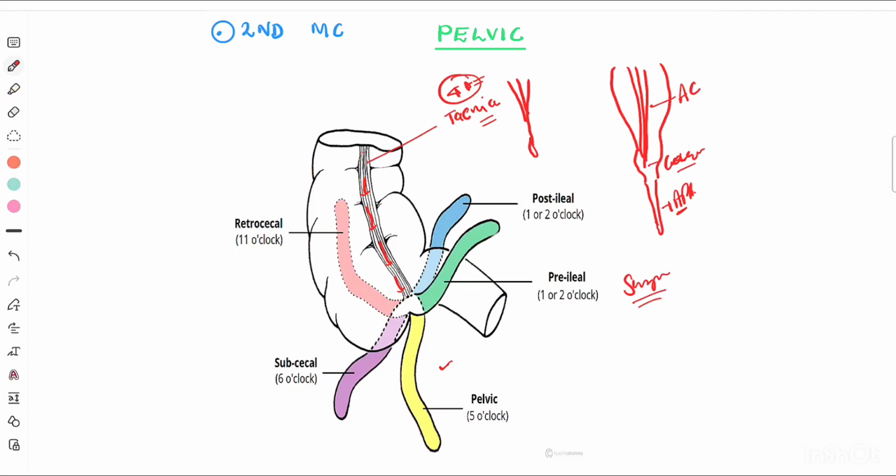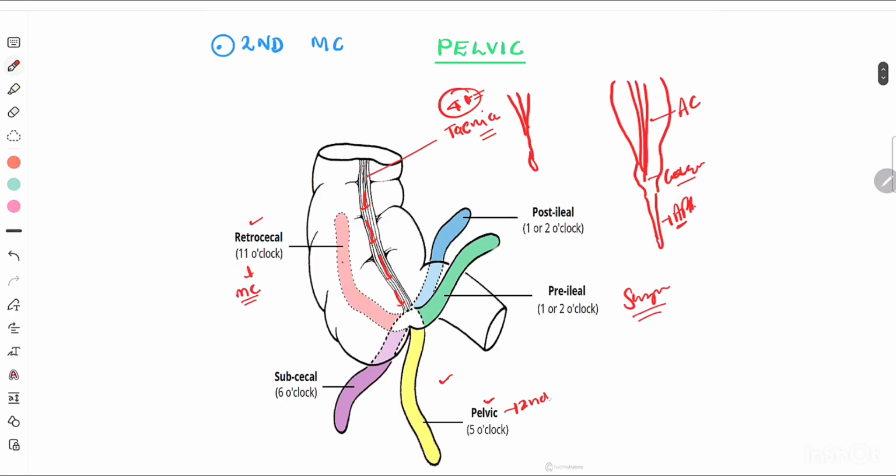In different people there is different anatomy of the appendix on the basis of position. In many patients, the appendix is retrocecal, meaning the appendix will be found behind the cecum. So this is behind the cecum and this is known as retrocecal appendix, which is the most common position of the appendix. And in some patients the appendix is found in the pelvic region, which is the second most common